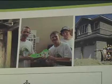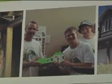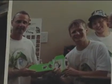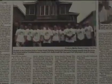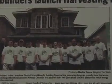Students have built them. Don Votri was the founder of this BCIP program. He actually just retired, and that was about 25 years of work. On his last project, he wanted to make something extra special. So with Brayberry's cooperation and collaboration, they decided with the students to build a green home, or